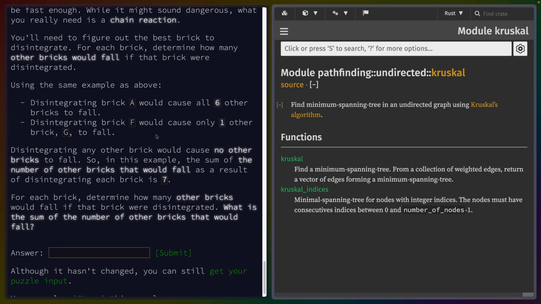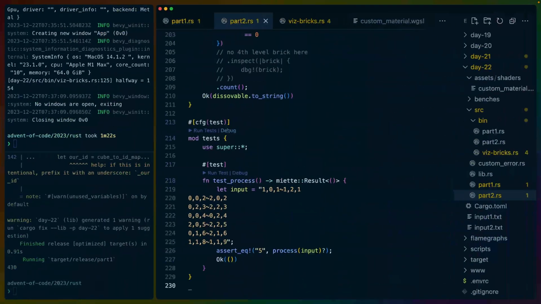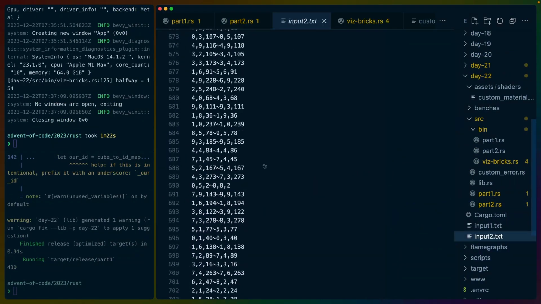So we can build the graph in 2 different ways, right? We can start at the bottom, which is kind of like the leaves. So I guess we start at the top and then we check to see which blocks the top depends on. And we end up with this expanding tree. And then we keep the counts for every block. How many blocks are there? How many bricks are there, actually, is a question I have. Looking at our input, there are